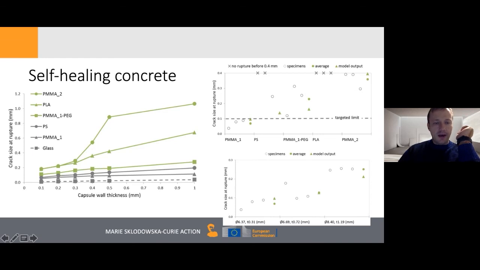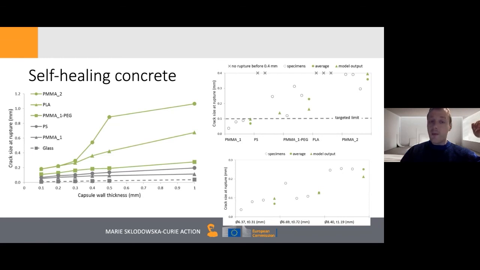So you can use this type of diagram to actually design your materials, and we then compared that to a set of experiments. We saw that our very simple model showed quite good correlation with the experiments, and that gives us confidence that we can use these types of simple approaches to design capsules for self-healing concrete. You can do the same for spherical capsules. We have not done it, but you can play with the parameters, elastic moduli, content, and also the strength of the capsules, and see how that affects